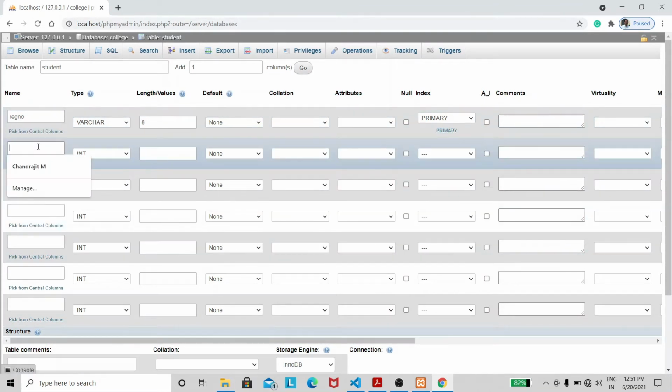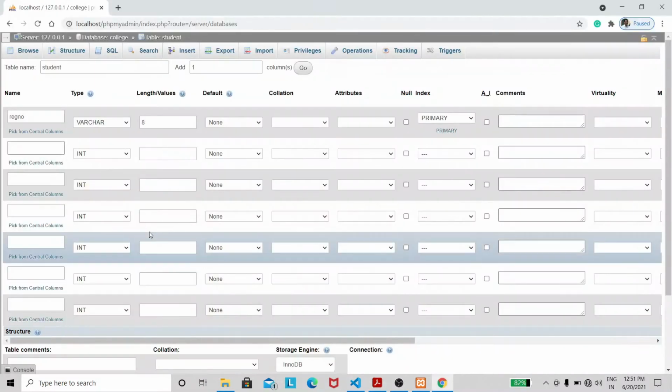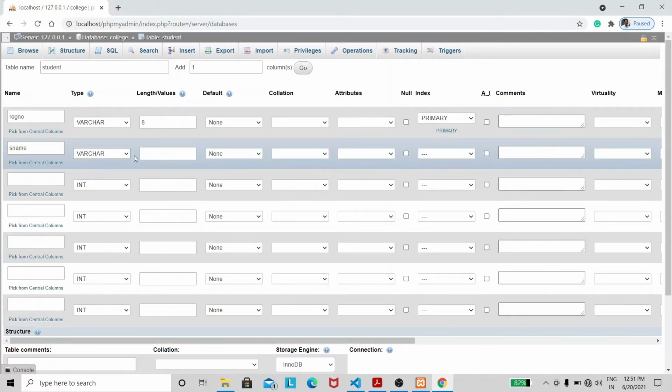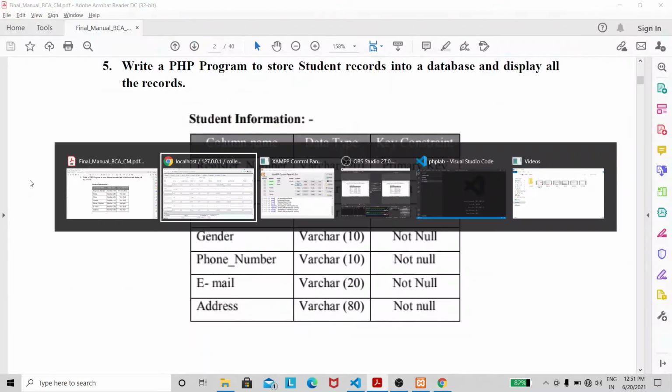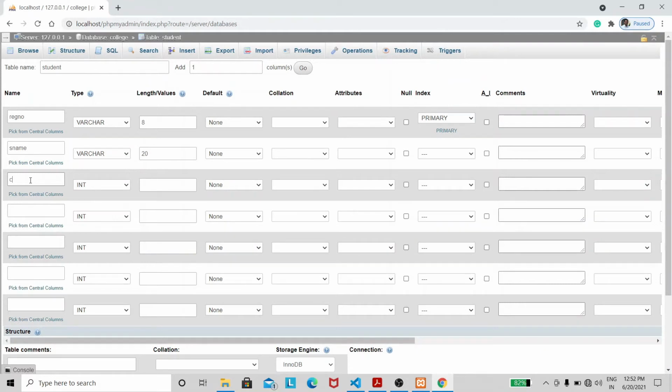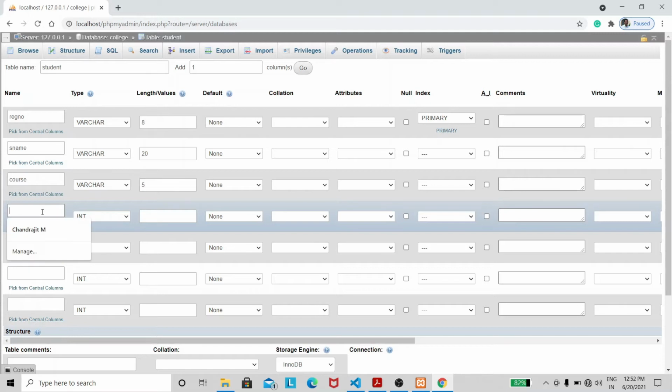Next is name. I'm going to name it as sname. That's also varchar. I'm going to make it as 20 characters. Next column is class. I'll make it as course. So let it be varchar and I'm going to give it as 5 characters in length.